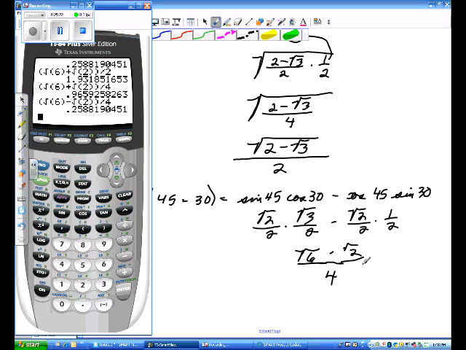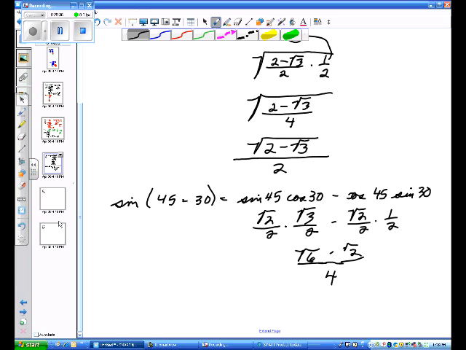But what I was wanting you to see was that your answers will not look anything alike. So you do get different looking answers, but they have the same values. And so it's important that you learn to do it by each individual method. Okay, let's find